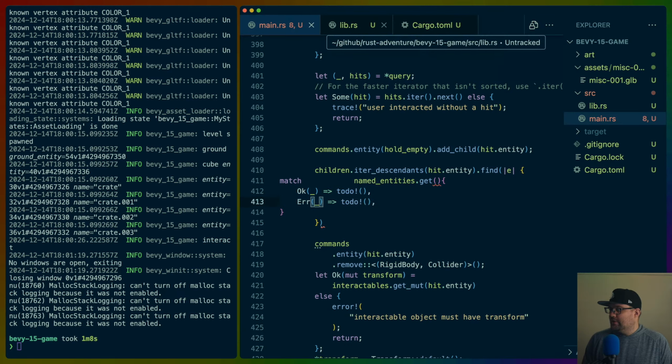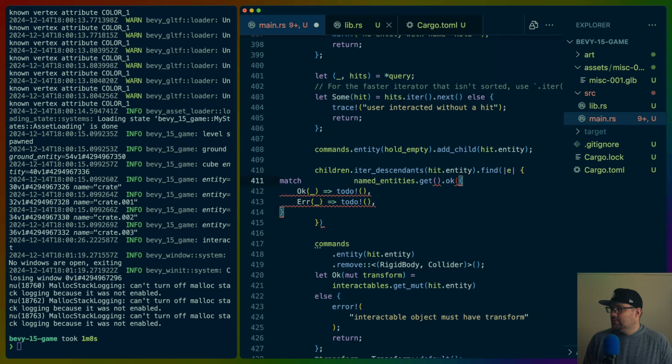So if we match on this, I don't care about the error, so I'm going to match on the Some/None here. That's entity, this is name. Name dot as_str equals